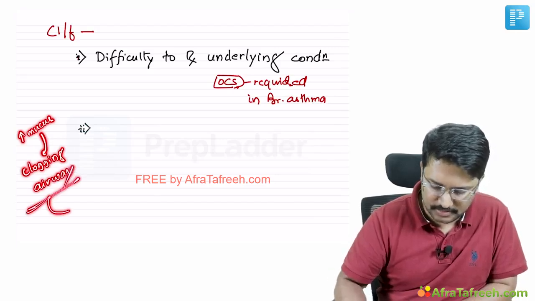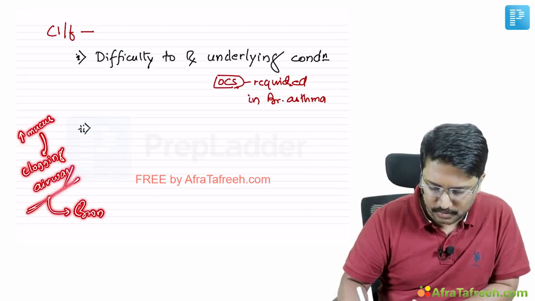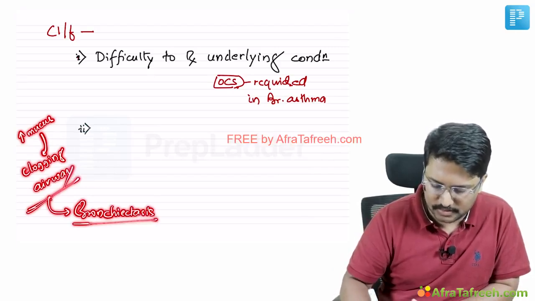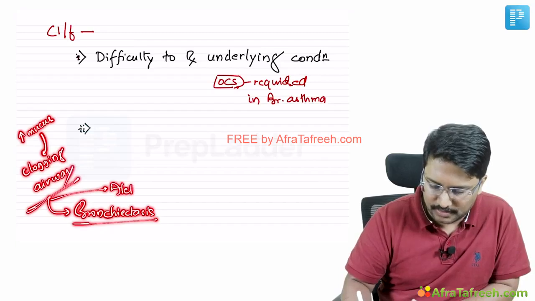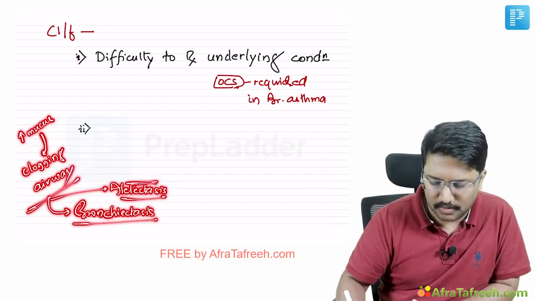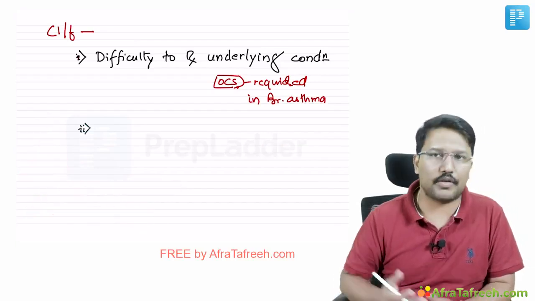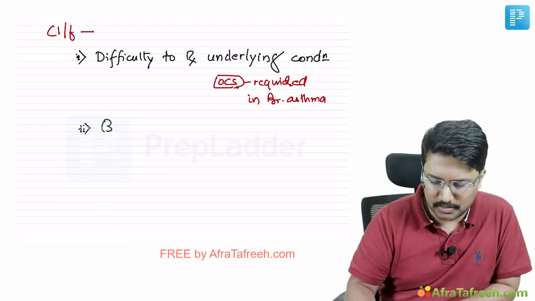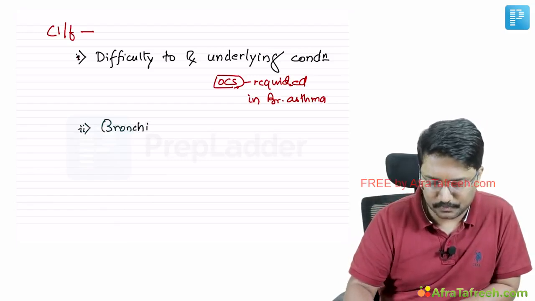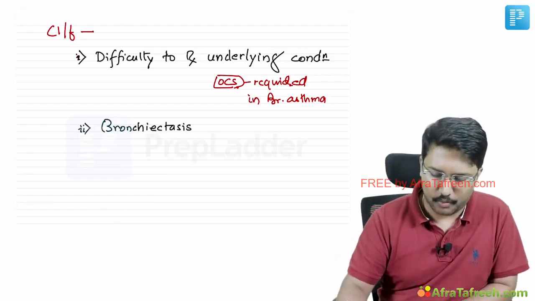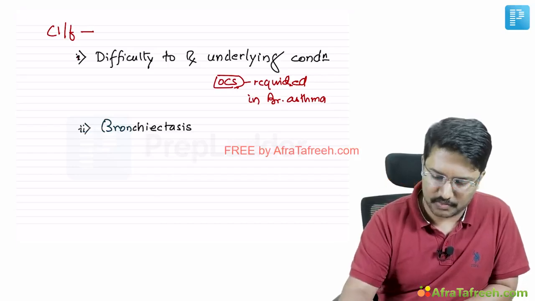mainly the bronchioles, and this can also lead to development of bronchiectasis, right? It can also lead to atelectasis of the lung segments which are not ventilated because of the blockage of the airway, right? So bronchiectasis is one more manifestation that you need to keep in mind. So if you see an asthmatic who is not well controlled and having some bronchiectasis, that may be a pointer towards allergic bronchopulmonary aspergillosis.